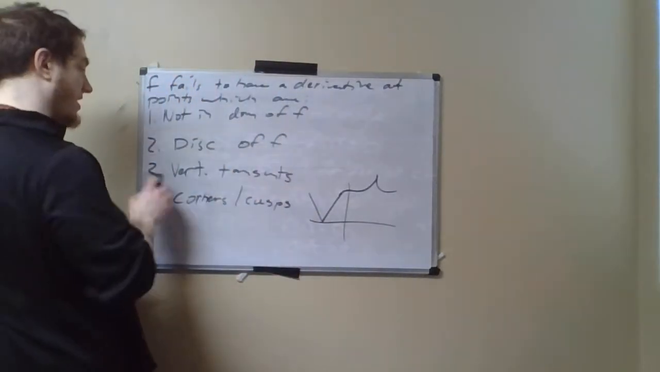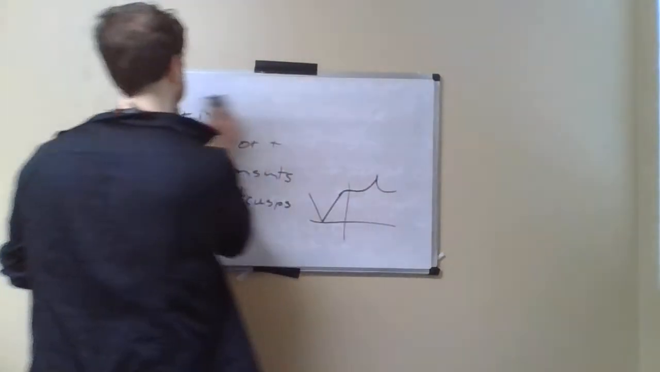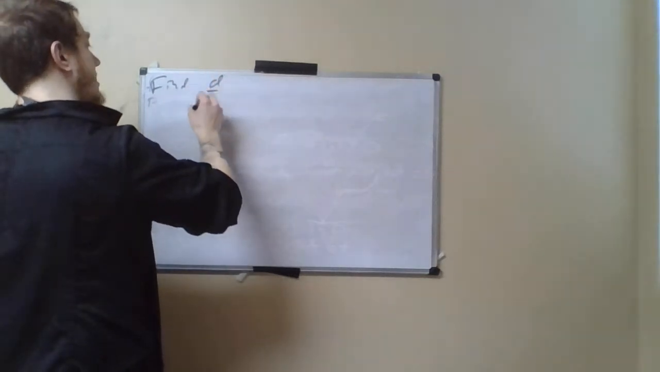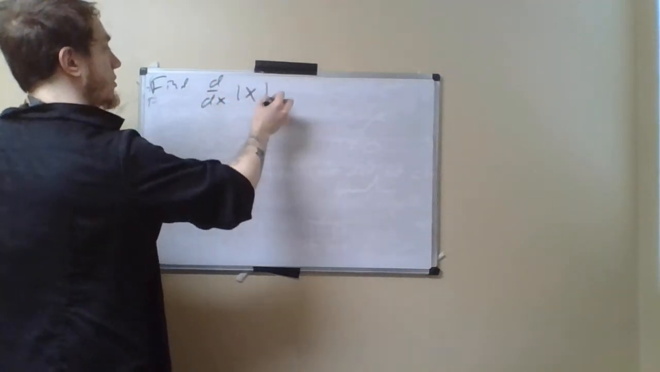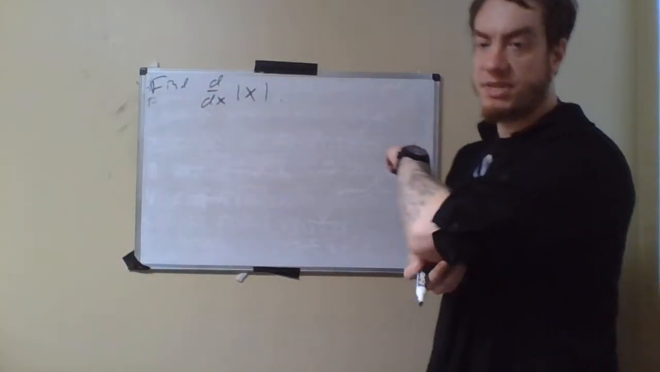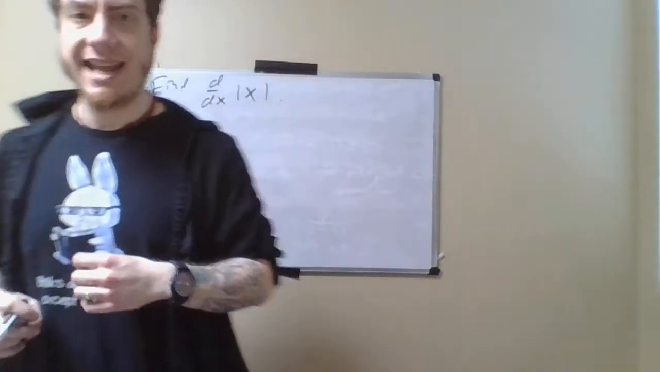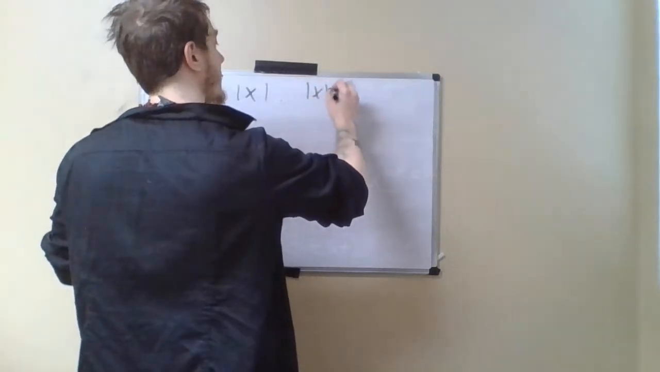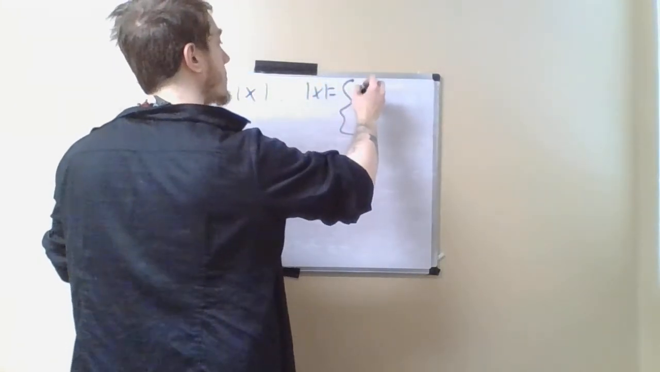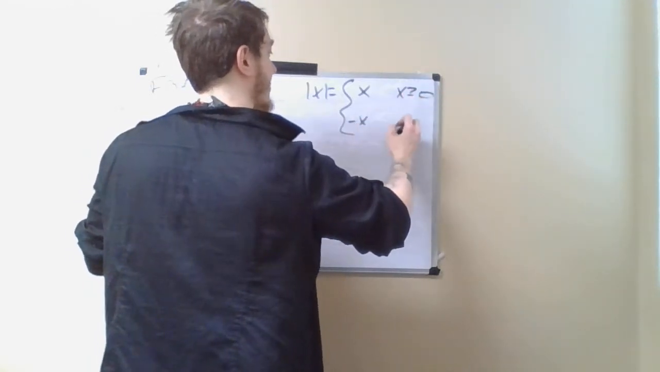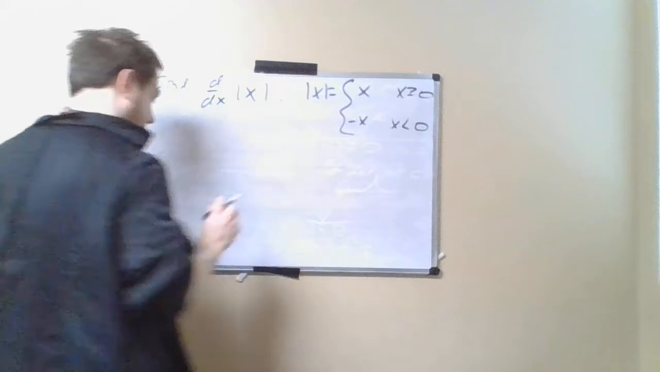As an example of this kind of fourth thing, let's take a look at finding the derivative of the absolute value of x. Now we're going to find this derivative as a function, and we will see that it doesn't end up being defined at 0. So here's what we're going to do. We're going to use the fact that the absolute value of x is equal to x for x bigger than or equal to 0 and negative x for x less than 0. So